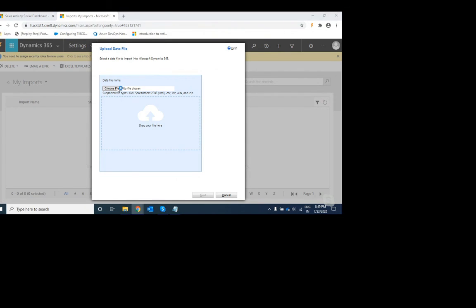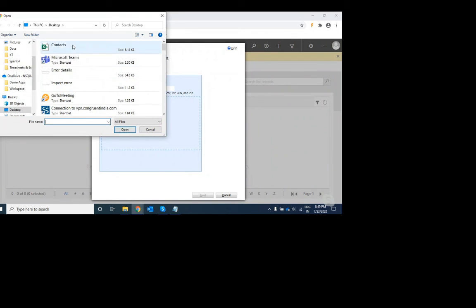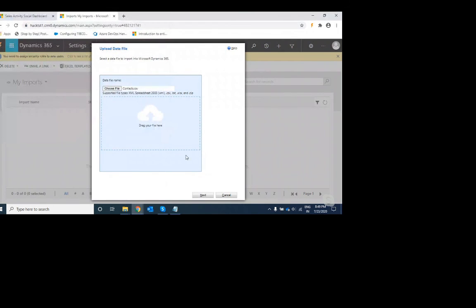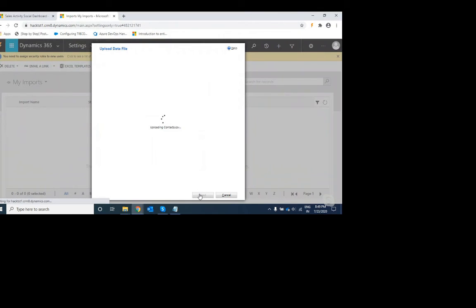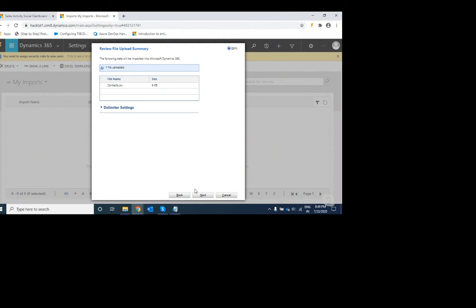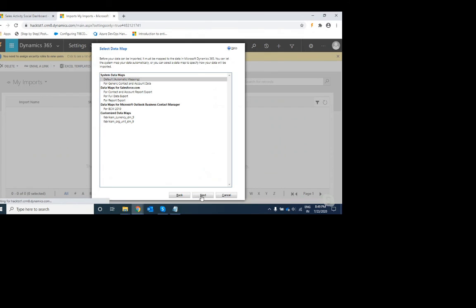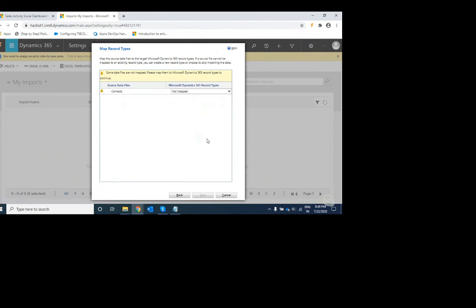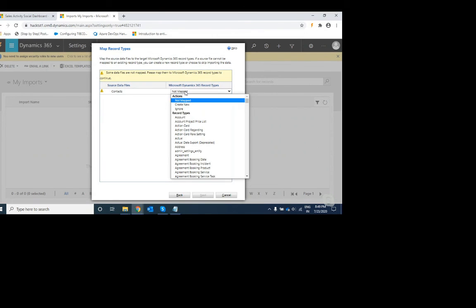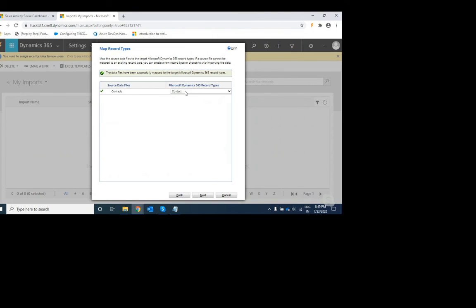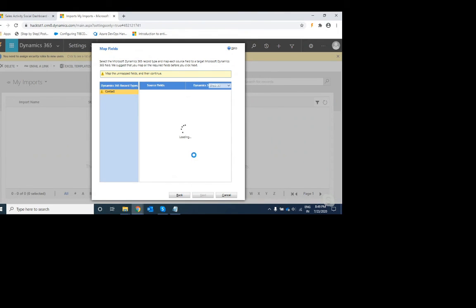I'm choosing the same file which we have just modified. Clicking on next. No need for delimiter setting. No need for mappings. I'm selecting here the entity, that is contact. Clicking on next.